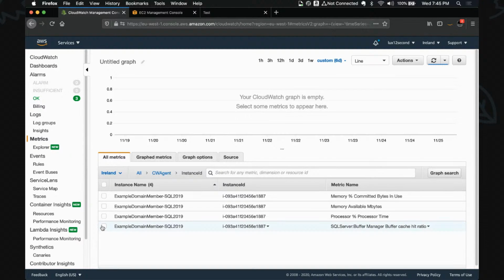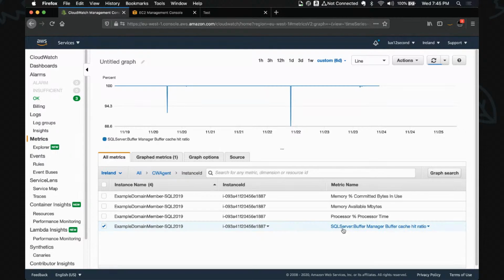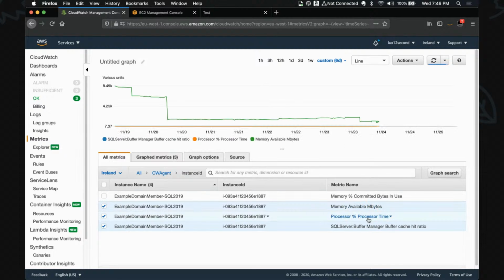such as, maybe this is very important for me to monitor, the SQL Server buffer cache hit ratio, which is a very, very important metric if I want to make sure that I have enough memory on this server. Or this is also coming from within the system, which is the CPU utilization or available memory. These are all coming from Application Insights. Application Insights is sending these metrics out from the systems that I'm managing using Application Insights.